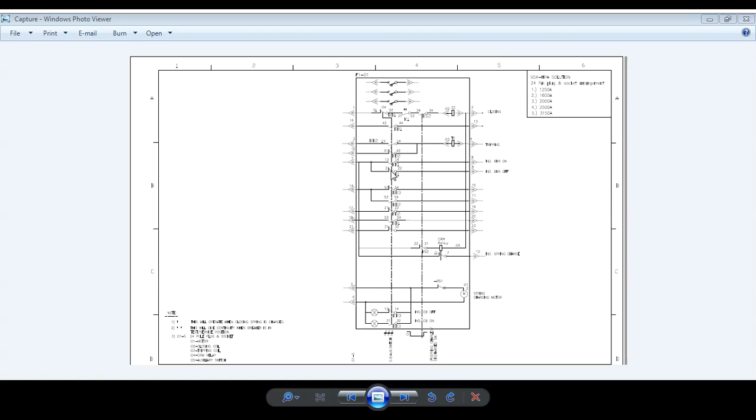Similarly, the breaker OFF indication is also wired like this. When the breaker is off, this contact will be made. It is an NC contact, so it will be made when the breaker is in the off condition, and the OFF indication will come on the panel. These LEDs or lamps are located in the relay control panel of the 11 kV panel, in the relay cubicle. That cabinet is where they are located. So through the breaker, this contact will be wired to the fixed portion of the panel.